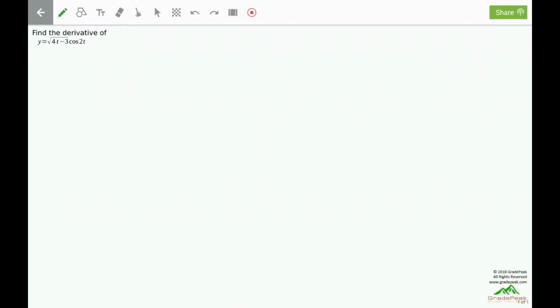Find the derivative of y equals the square root of 4t minus 3, times cosine of 2t. So y here is the product of two functions, the square root of 4t minus 3 and the cosine of 2t. We will therefore make use of the product rule for the derivative, but before we do that, let's rewrite